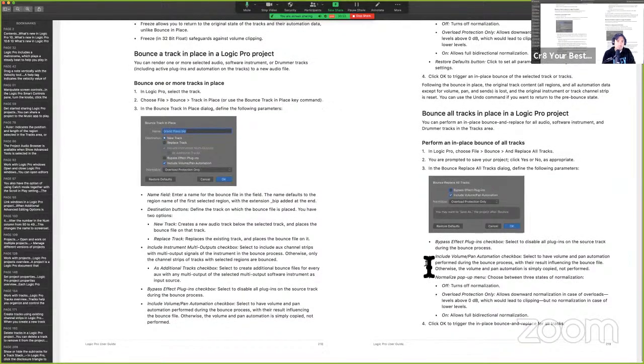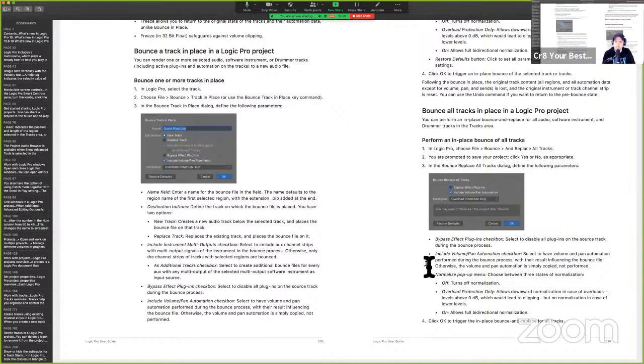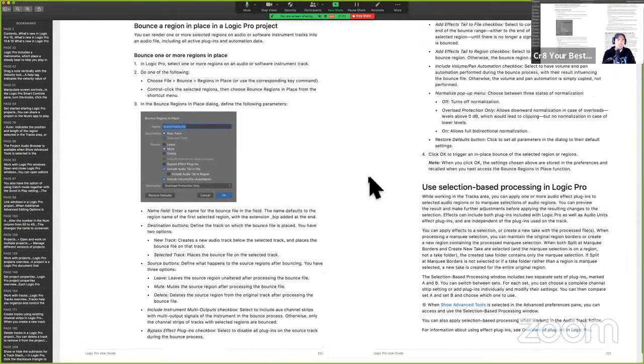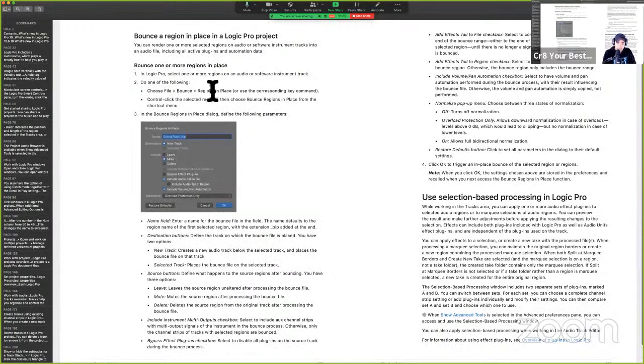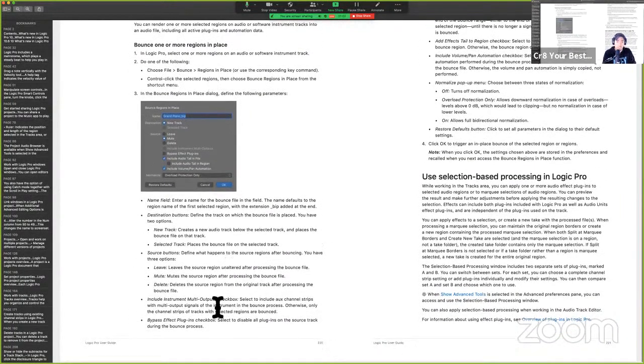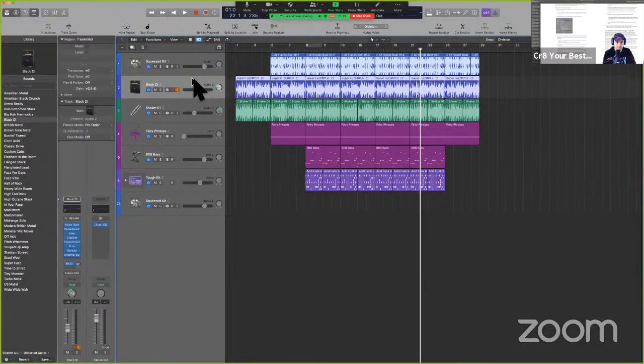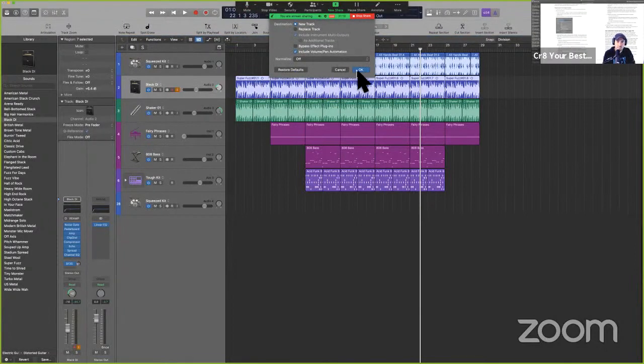So we already went through this. So we're just going to fly through it. There's nothing different about this. We talked about bouncing a region already. We know that we also have the flexibility to bounce the track itself. I find it to be not as stable. Control Command B. This is a